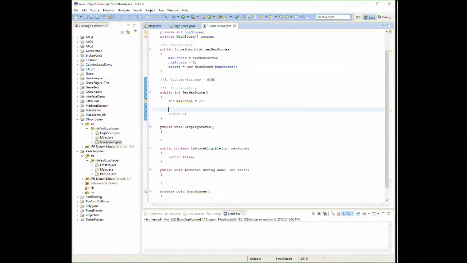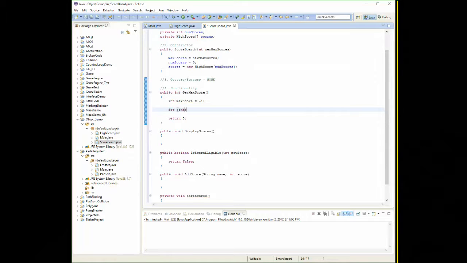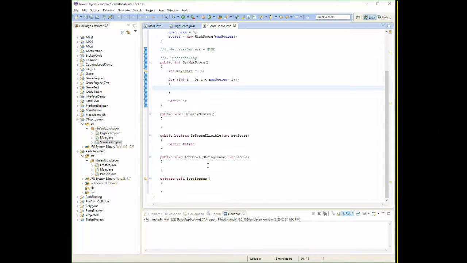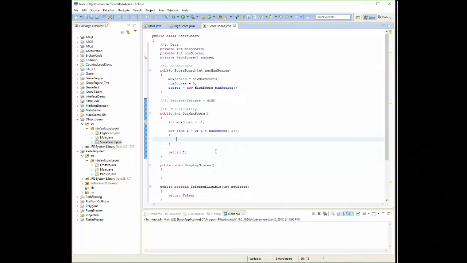So here, now we need to go through every score for int i equal to 0, such that i is less than, not max scores, num scores, however many are currently inside the array. i++. Now you're going to need to memorize this for loop because you're going to use it in almost every one of these. Actually, you are going to use it in every one of these functions. Maybe not add score. So now I need to say, hey, is the current score of the current high score better than max score? If it is, reassign max score. So if